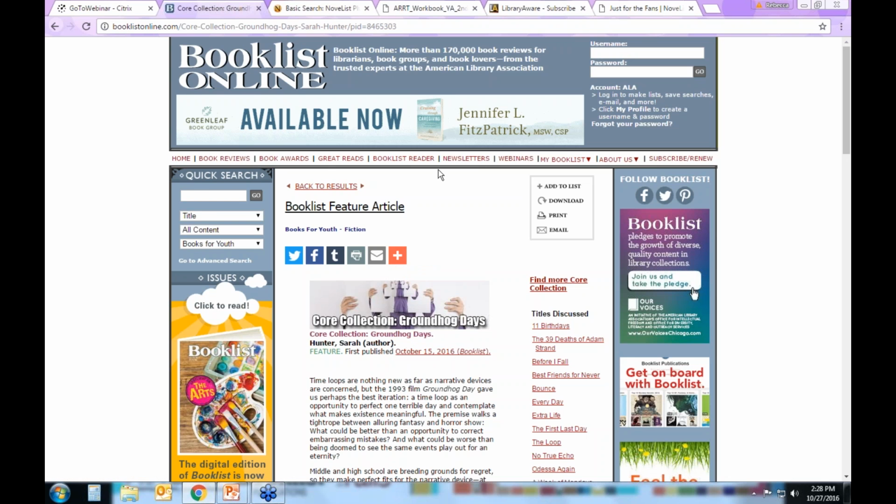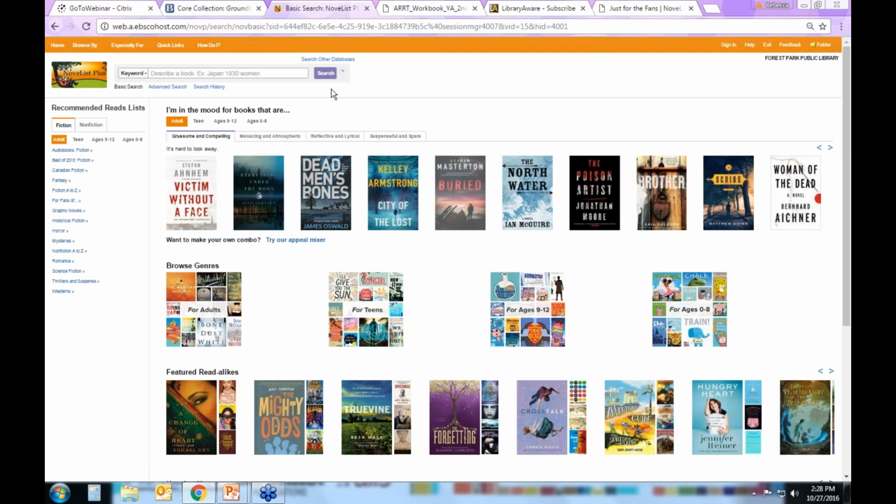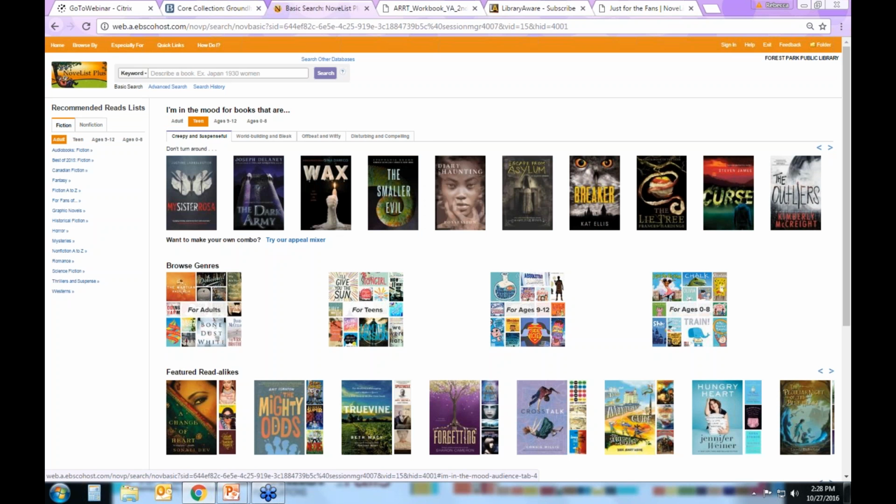Novelist is really a very cool database for doing reader's advisory and book searches. Because I feel right now like I'm working with people who already have access, I'm not going to show how to log in or what to do, but I'm going to show you how to use it specifically for young adult readers advisory. This is just one of the opening pages, and I'm going to show you really quickly the ways that you can sort it into the things that you're looking for. They have all kinds of designations here that you can choose.